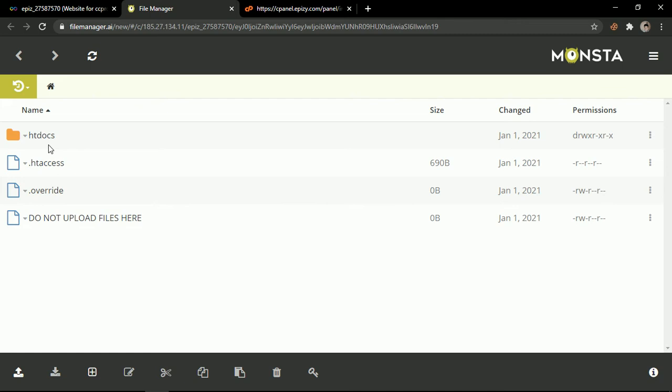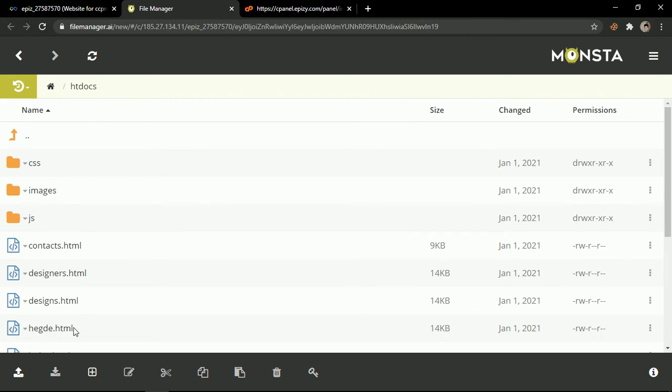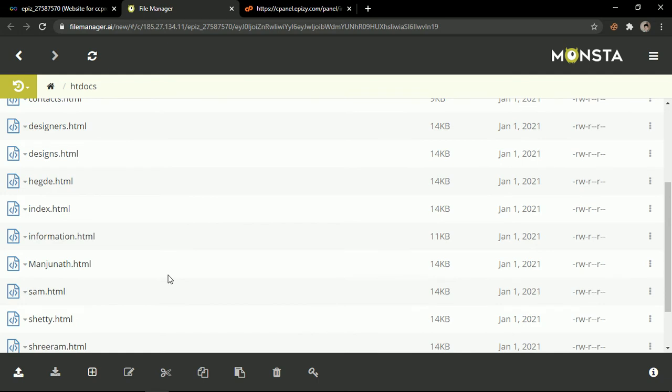If you go to htdocs, you can see there is an upload button here. With the upload button we can upload information from a local disk or a computer to htdocs.